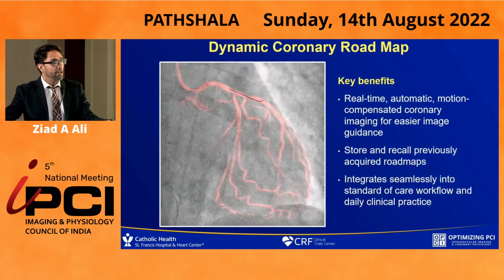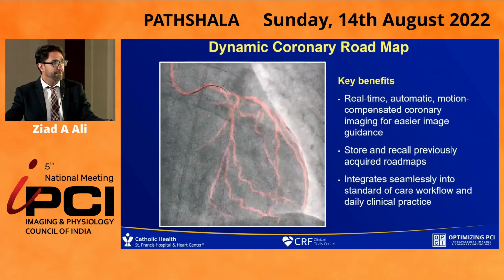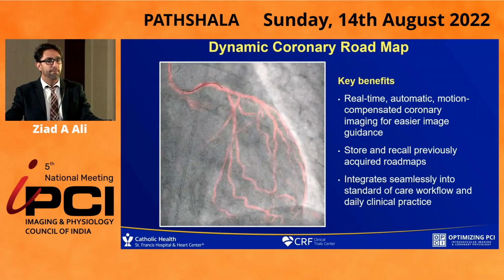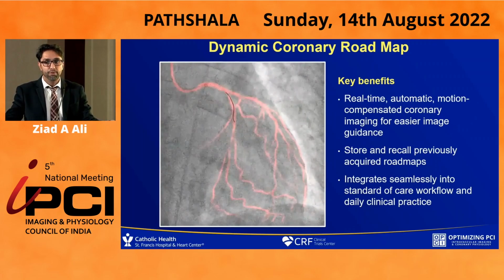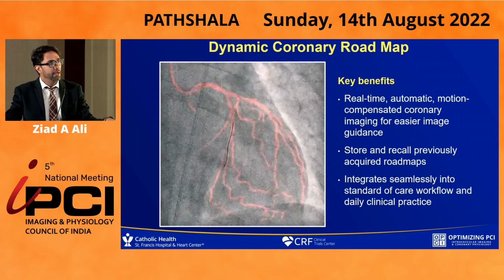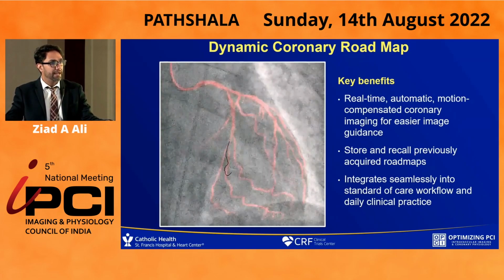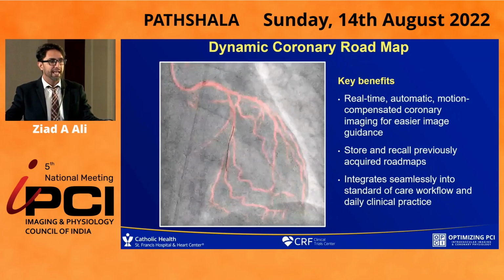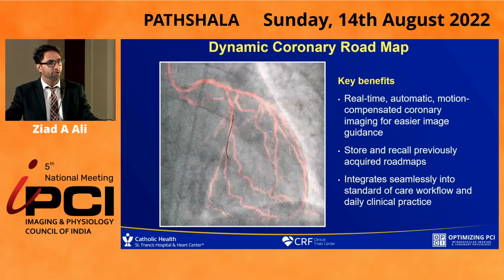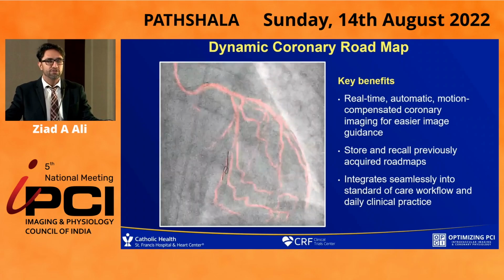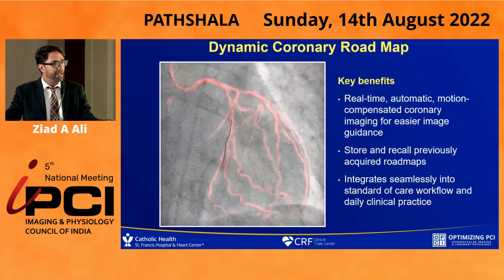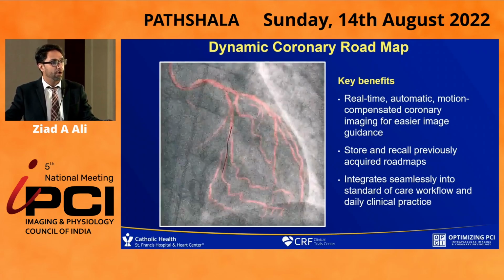This Philips technology, which has been in most of the cath labs that I've visited in India, is tremendously helpful. I'm pushing Philips very hard to try to get them to upload a previous angiogram as part of the dynamic roadmap. Siemens actually has the capability to do this with something called DynaCT, which co-registers a CT to the spine of the patient, allowing you to track the arteries in real time.